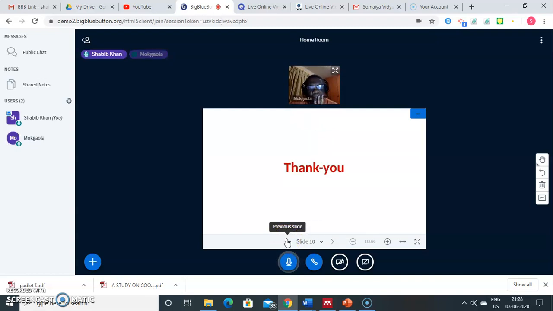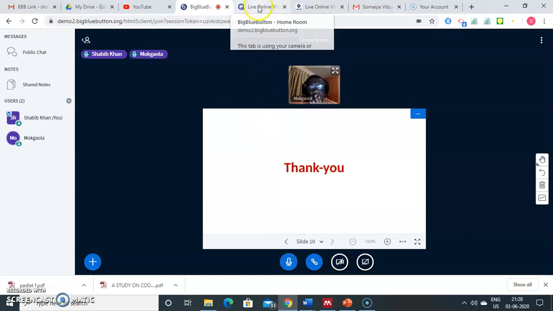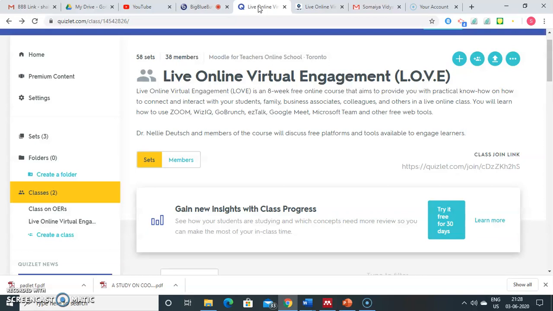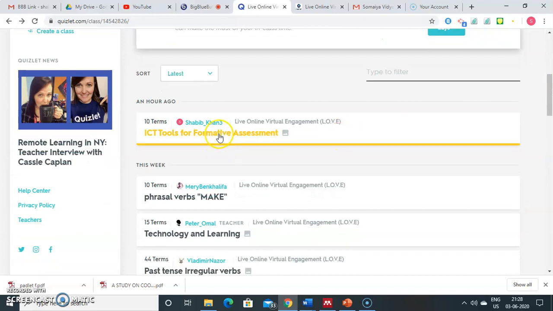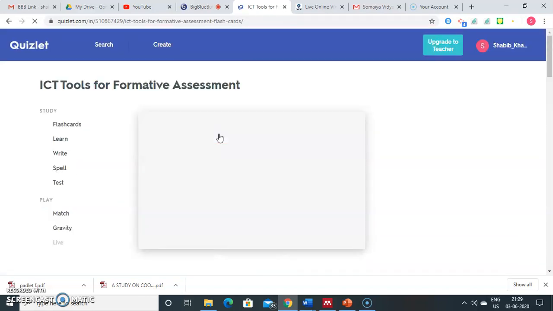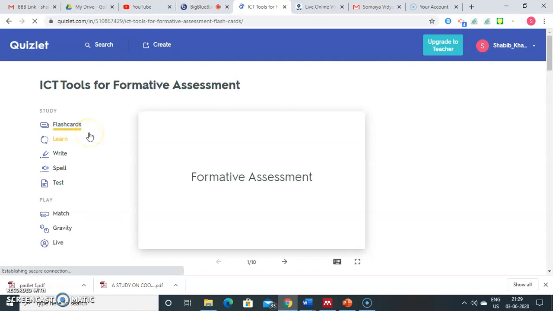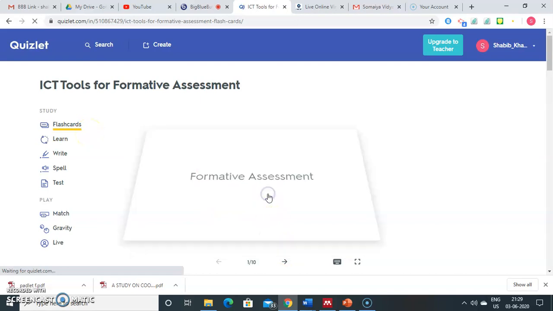Now I'll give a glimpse of the live Quizlet. So I'm going to Quizlet. What you can see is a kind of classroom which we have created for live online virtual engagement. Here I had created one set about ICT tools for the formative assessment, and in this I have created some 10 terms. This is all the material which I have shown you. If I use the flashcard version and go on clicking, formative assessment,